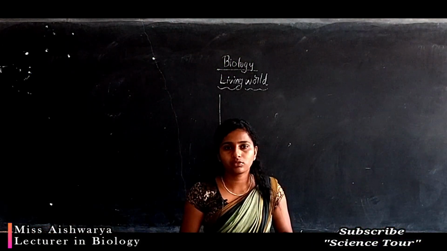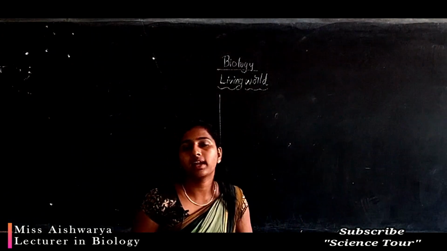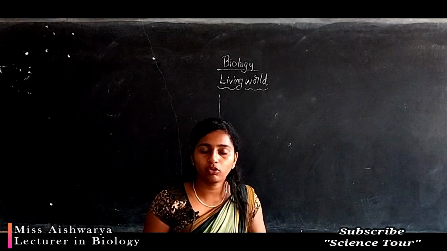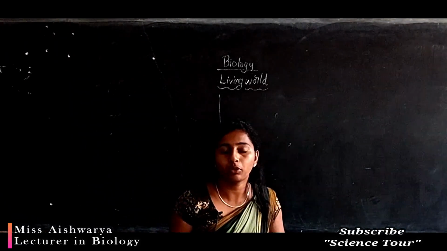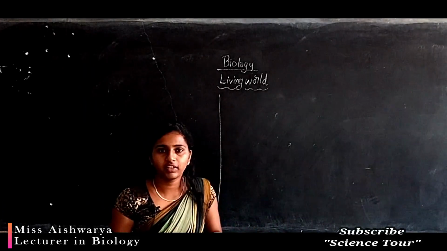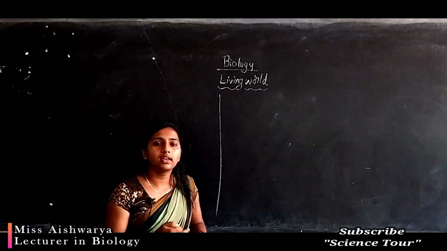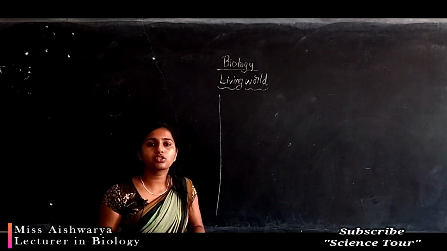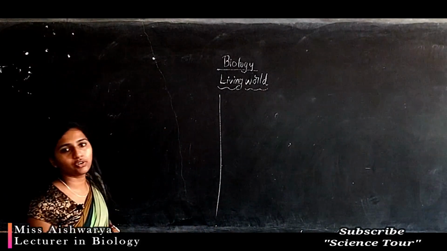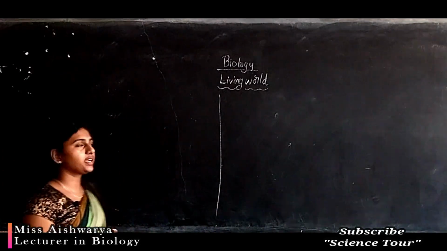Welcome to all my students to the biology class. Today we are going to study the standard rules followed in the naming of binomial scientific names, that is binomial nomenclature. We will follow the standard methods to write the scientific name. In the previous class we studied nomenclature and identification. Today we are going to study how to write the scientific name.